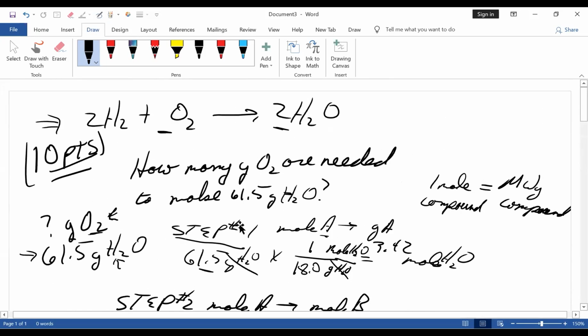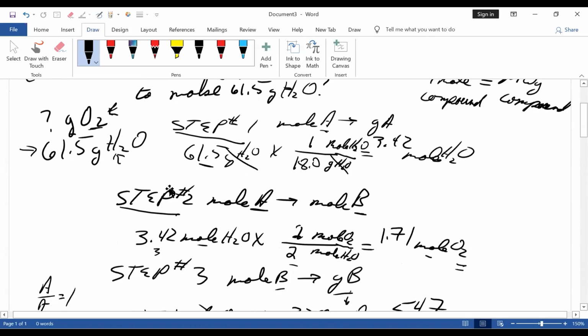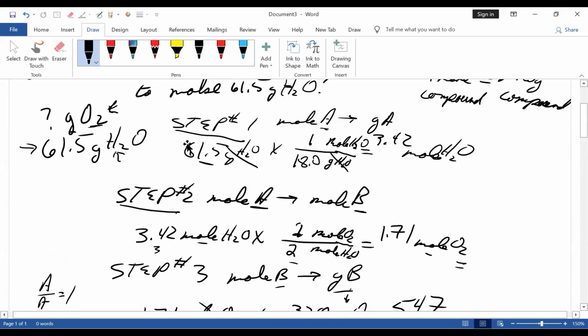Let's go through this again. I may go about a minute over, but hang in there, class. All right. How many grams of oxygen are needed to make this amount of water? Because there's no relationship between grams of oxygen and grams of water, even with the balanced chemical equation, I have to do this in 3 steps. The first step, I convert, and